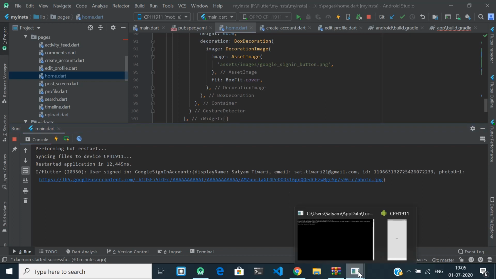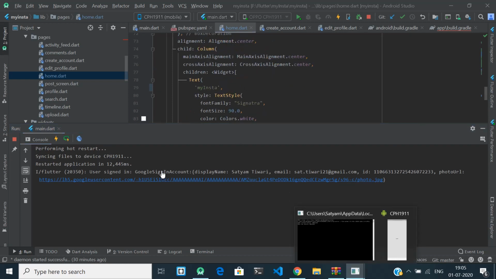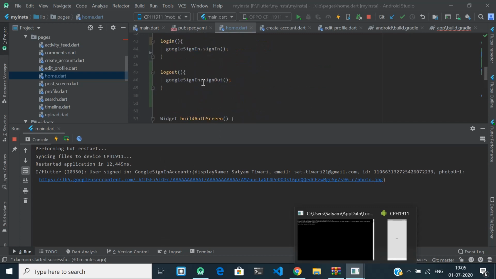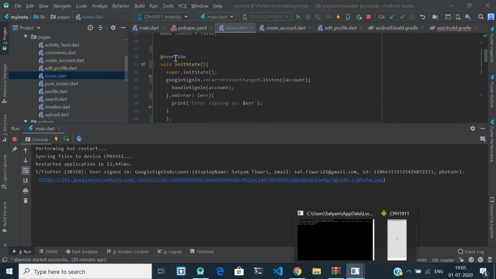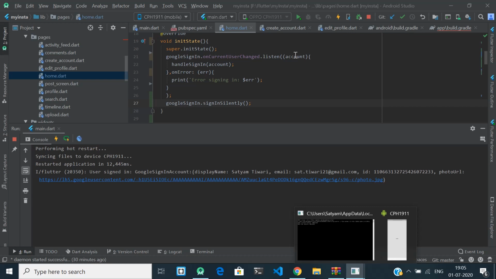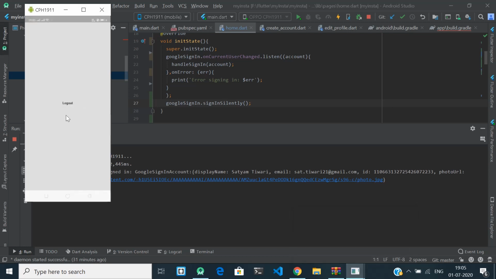So the application has been restarted, and why did we already get this? Because init, I told you the init will run first, so it is listening, right? In the previous session we have already signed in, so the signed in account will be sent, and the screen shown to you is the already logged in screen.